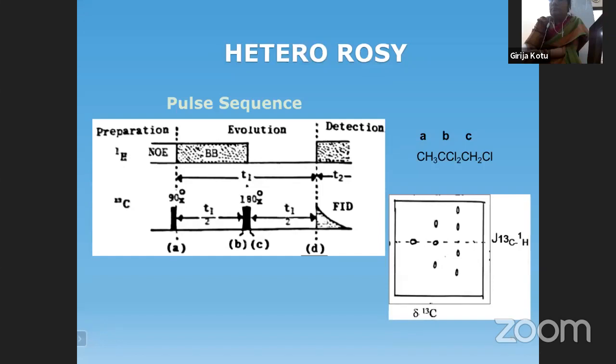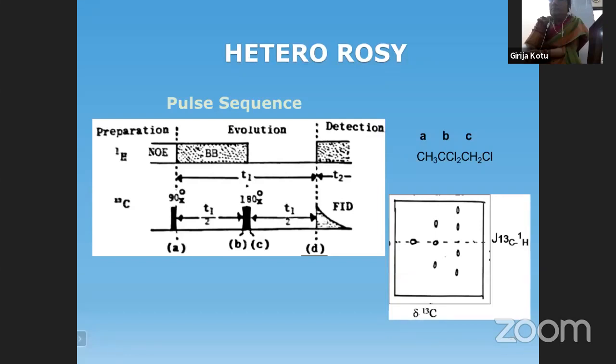You all know, I think, the n+1 rule. N is nothing but the number of neighboring nuclei, and in C13 NMR, the neighboring nuclei are with reference to protons. The particular carbon is split into a multiplet according to the number of attached protons. So for the CH2 carbon, how many attached protons are there? 2 protons. Hence, it is seen as a triplet. And next is upfield A carbon, which is a CH3 carbon. Since it has 3 protons, it is split into a quartet.